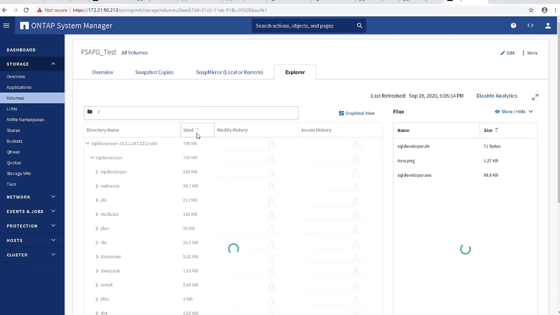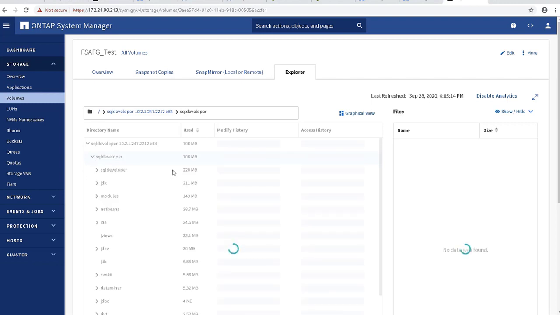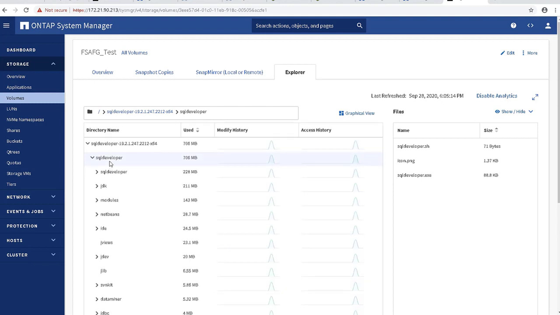And when you click the used column, you can view the directories and folders in descending order. By default, it's ascending order.